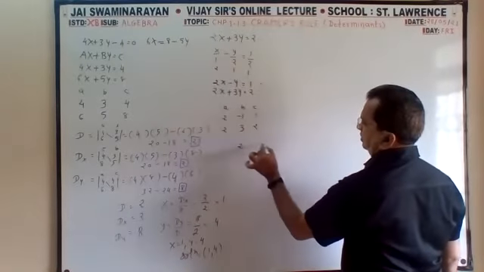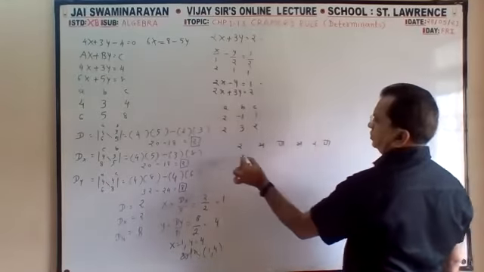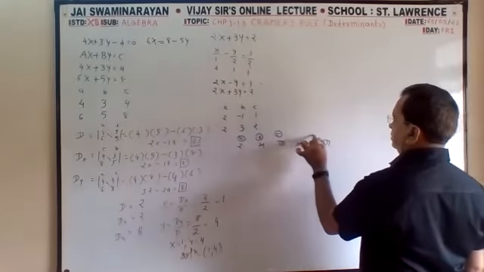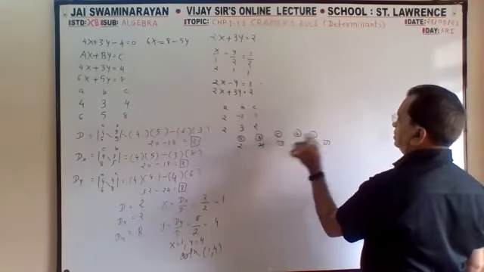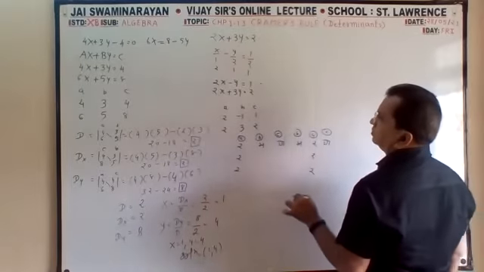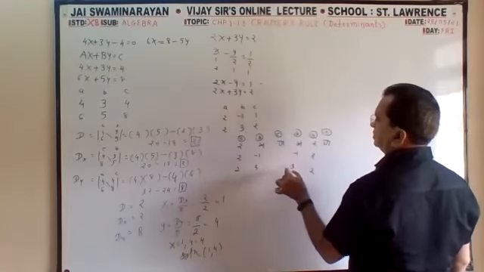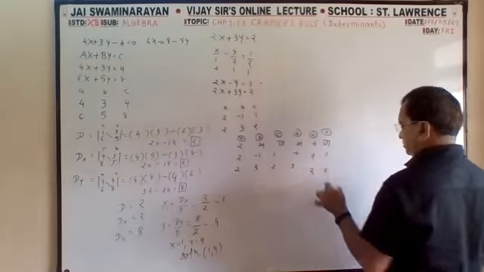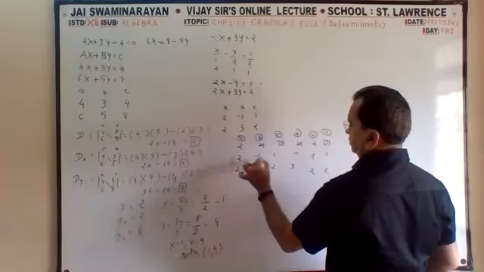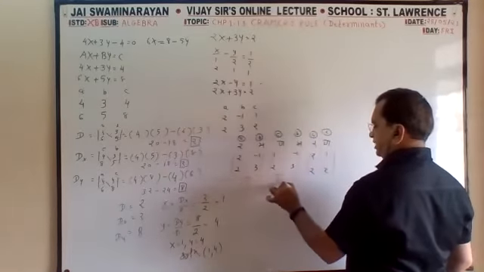Now try for Ramana Marana. Ramana means A, B, C. Ra means here A. Ma means B. Ra means C. So what is A? 2, 2. What is A? 2, 2. What is B? Minus 1, 3. Separate. This is your D, this is your Dx, this is your Dy.